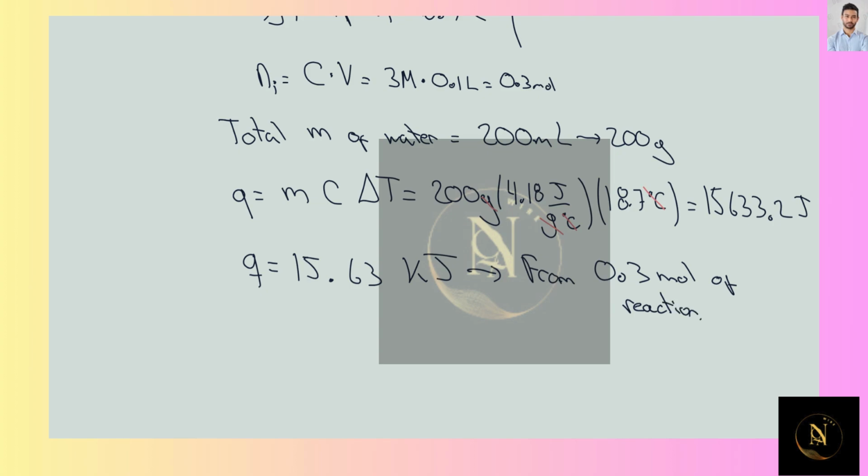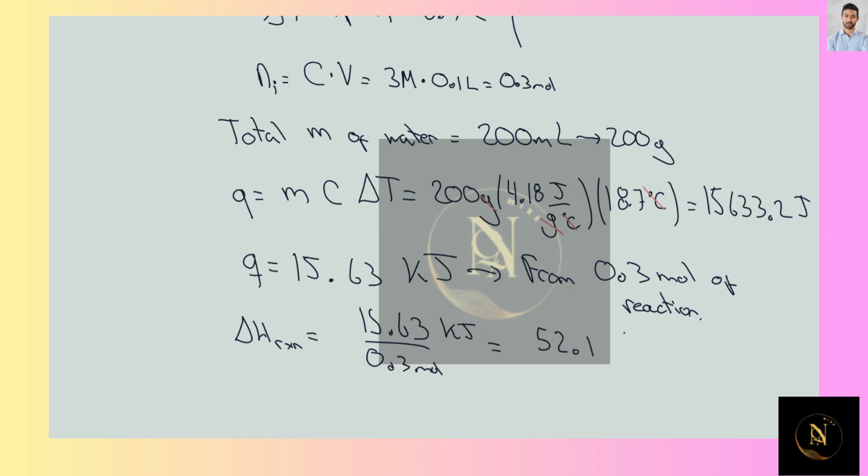So the enthalpy, or the heat of the reaction, the delta H for the reaction, is going to be equal to 15.63 kilojoules divided by 0.3 moles, which gives us